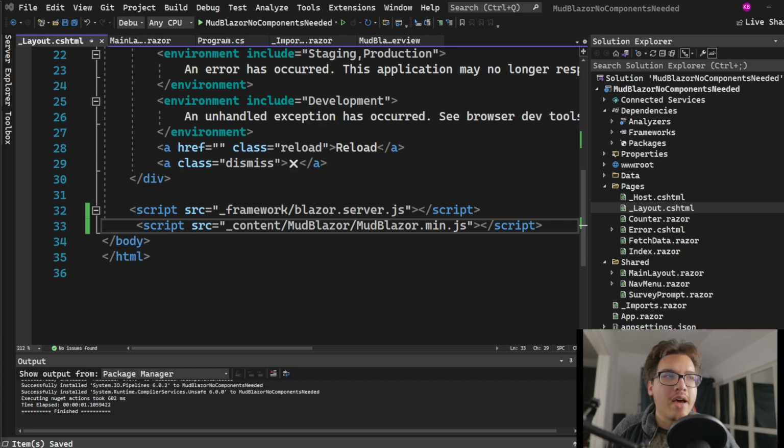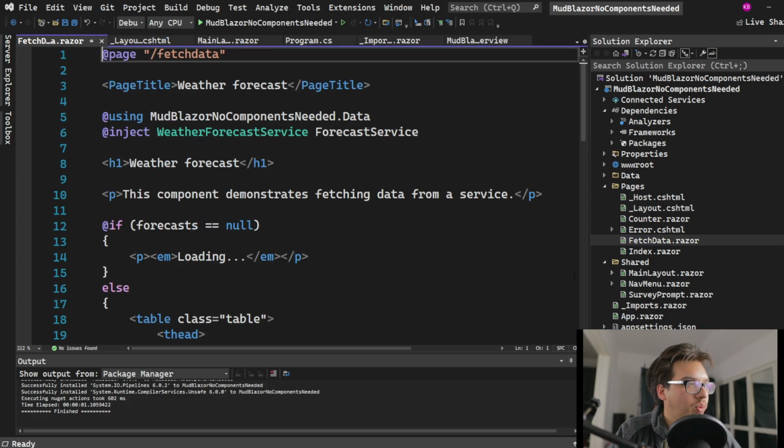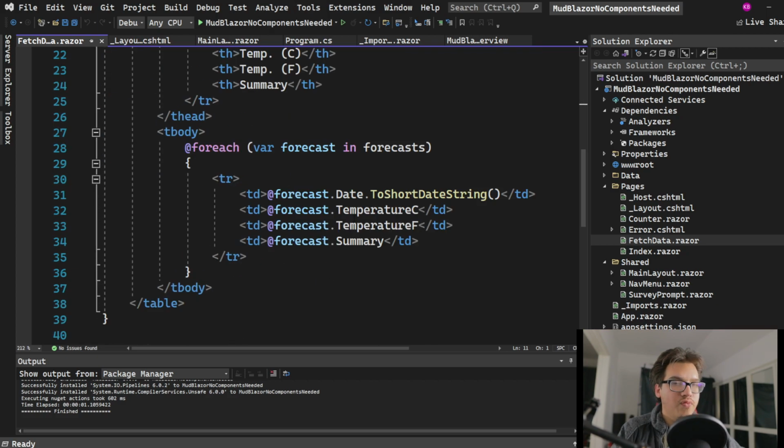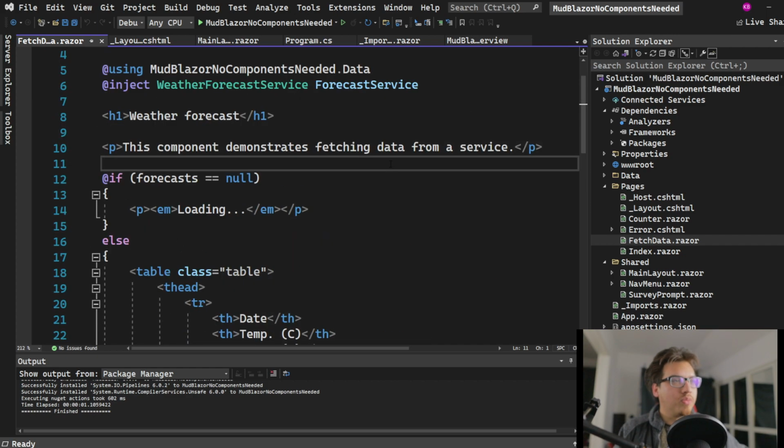So I think now we are good to go with implementing MudBlazor. As I said before, we're going to work on the table here. We want to convert this table from what it looks like using Bootstrap to using MudBlazor. So in order to do that,